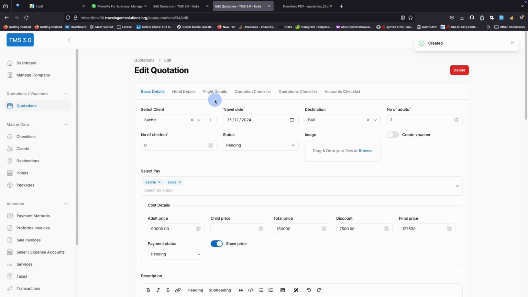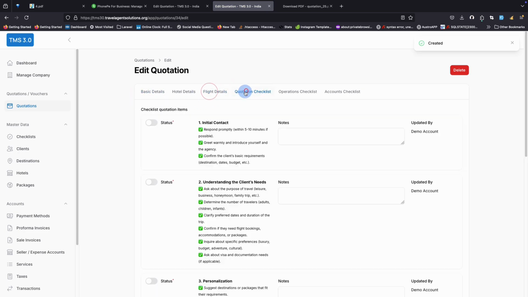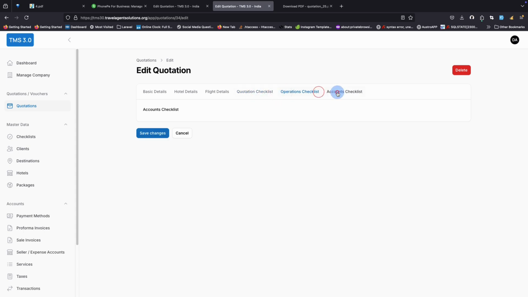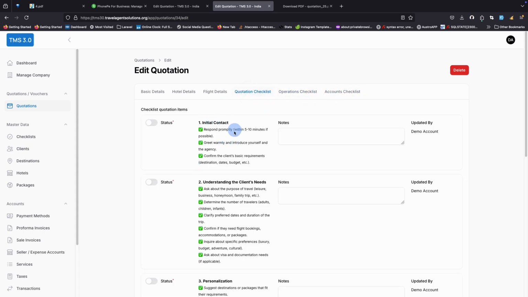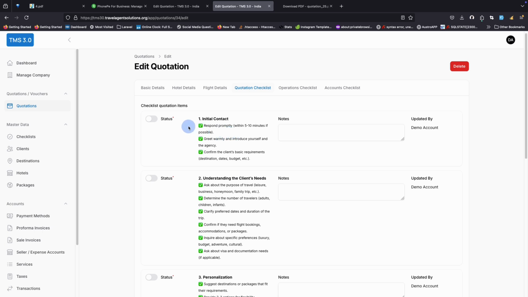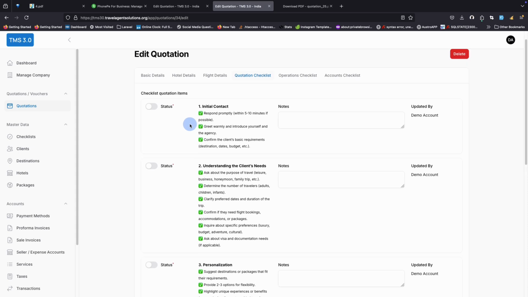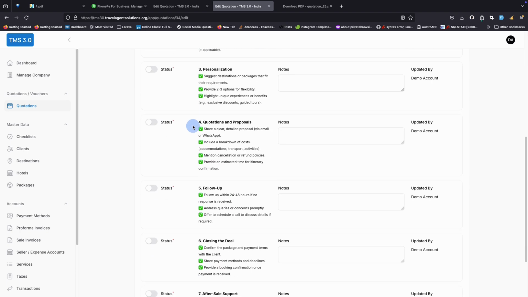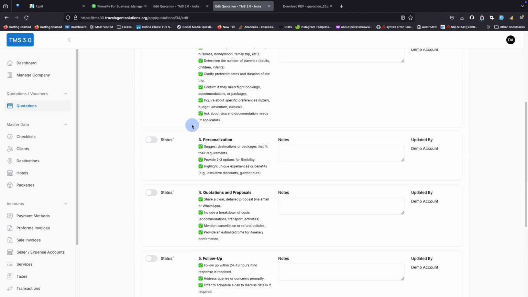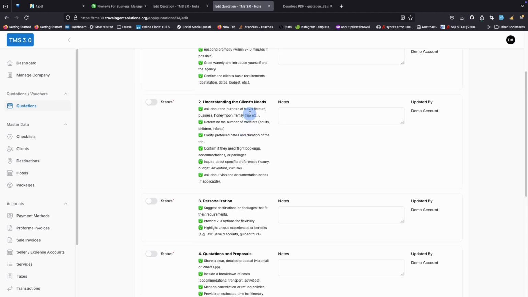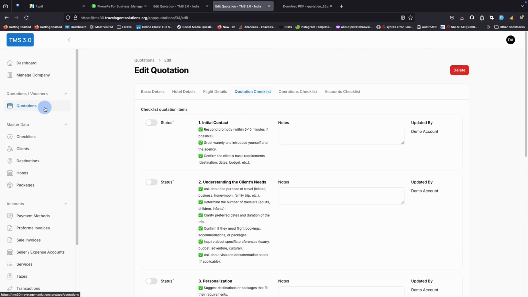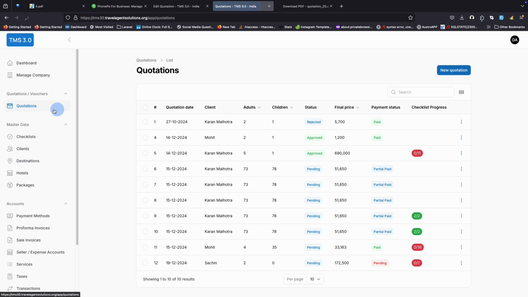Once the quotation is created, you see multiple options over here. This software is basically built for the quotations, for the operations part. And for the operations, we have added this quotation checklist over here. Like when your team is working on one particular client and they need to follow a certain set of checklist. This is really one of the best features of Travel Management System 3.0. Let's first go towards how this quotation looks like, and then we will come back